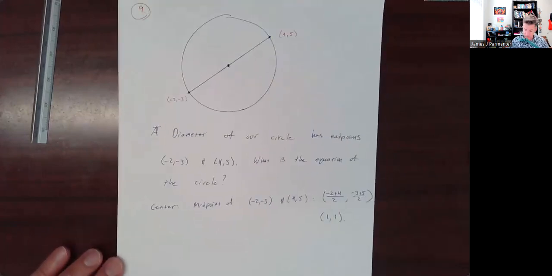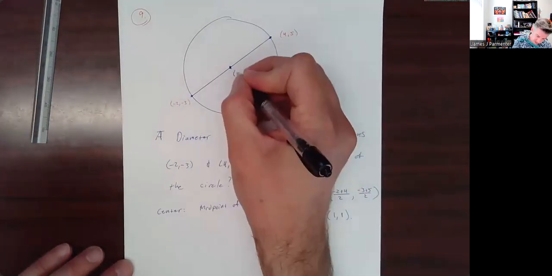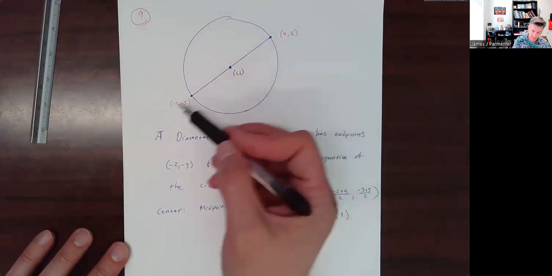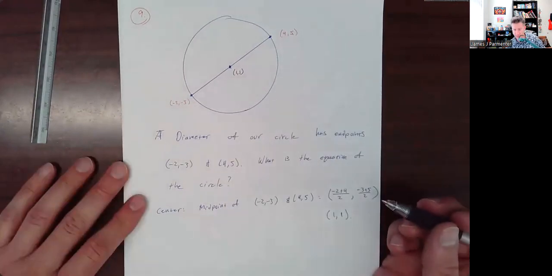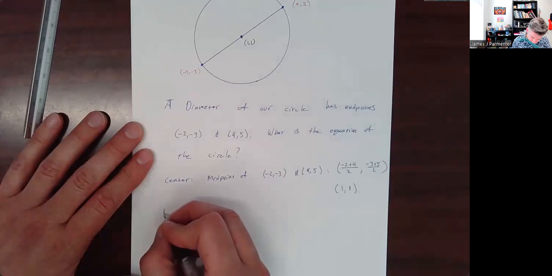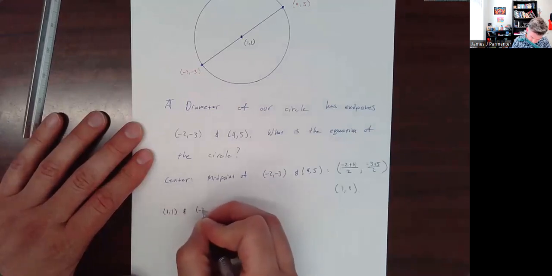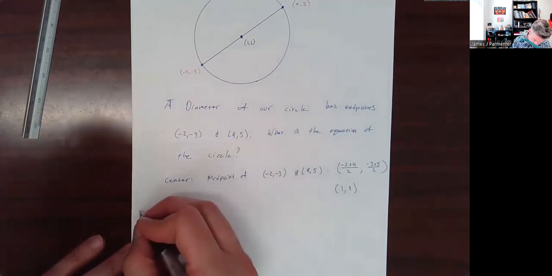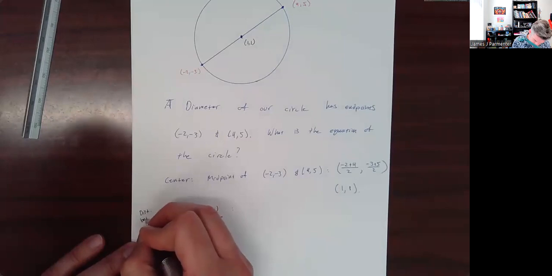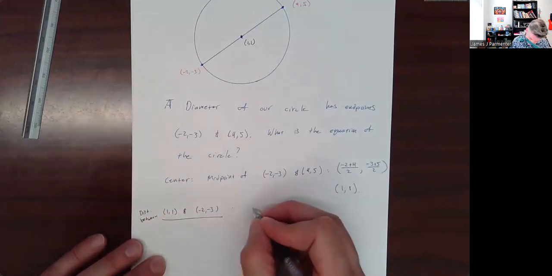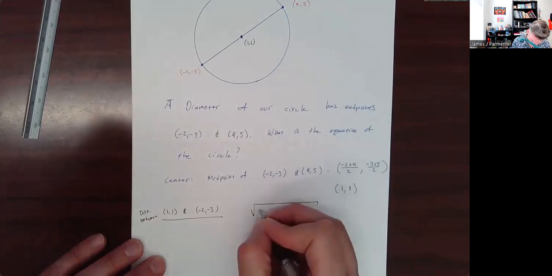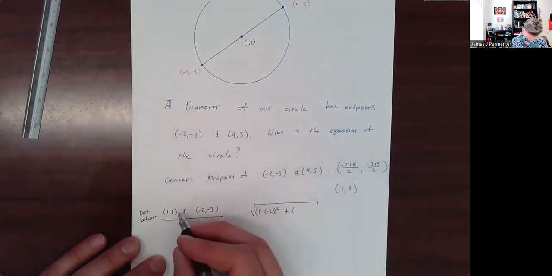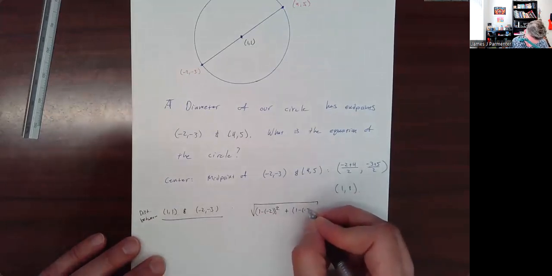There's a couple of ways you can go about finding the radius. My preferred way is to use the center you found and then find the distance between this point and that point, or this point and that point. Either way will work. Let's do it both ways, actually. So find the distance between 1, 1 and -2, -3, which is probably not what I would choose. The distance is the square root of 1 minus -2 squared plus 1 minus -3 squared,